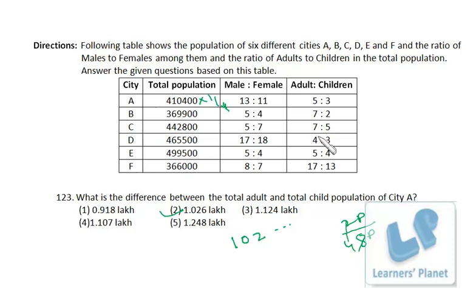Again, listen to me carefully. Total is 8 parts, 5 plus 3, 8 parts. The difference between adult and children is 2 parts, right? So from 8 parts the difference is 2 parts. So from this, what will be the difference? 2 out of 8 is actually 1/4, or we can say 25%. So directly we can calculate 1/4 of this, and that will be the difference, instead of calculating 5 parts of this and 3 parts of this, then taking the difference, which would be a lengthy, tedious process, right?